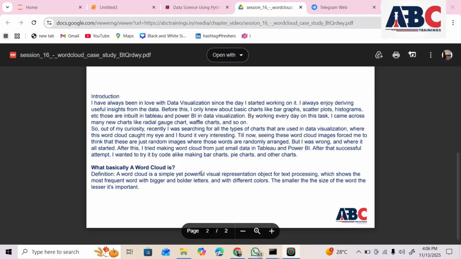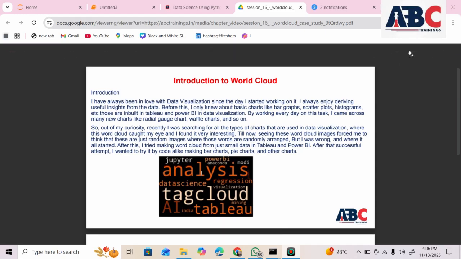A word cloud is a graphical representation of text data. When we go through numerical data, it's very easy to analyze and visualize it using various types of graphs. But when we go to text data, how do we process it? Before, we studied NLP, natural language processing. It is very difficult to understand text data, and more difficult to analyze it. The best way is to use a word cloud to analyze your text data, and it is very interesting.